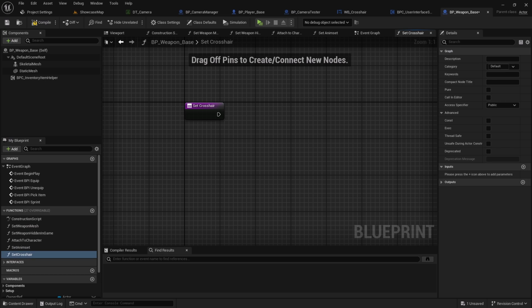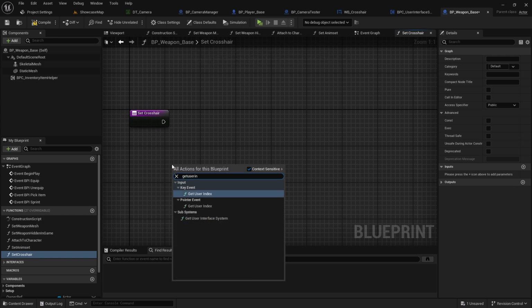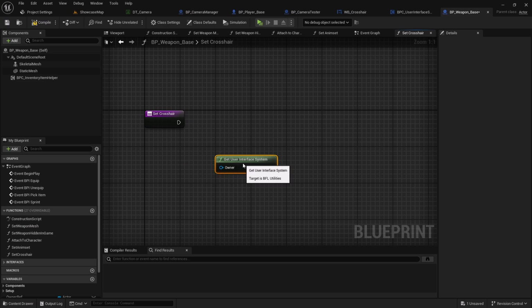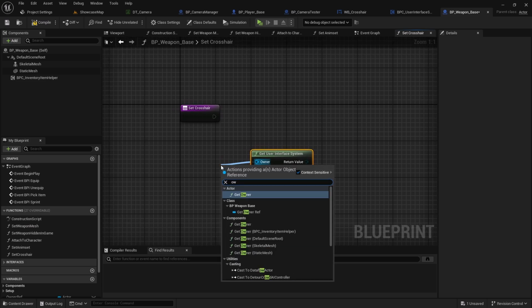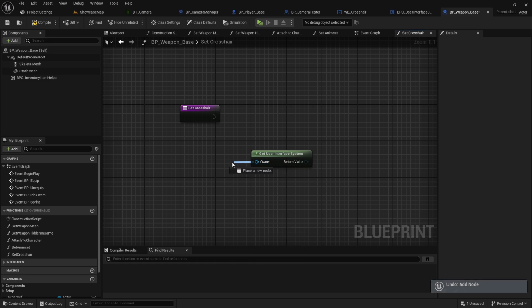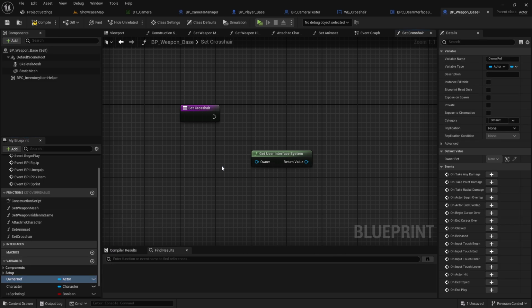So there I'll get the user interface system based on the owner, whoever inherits this specific weapon,